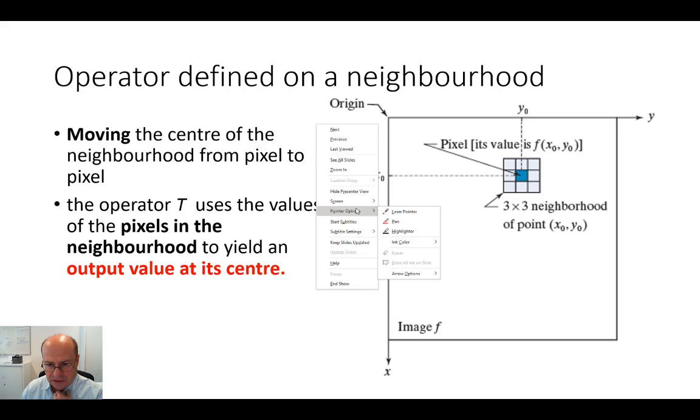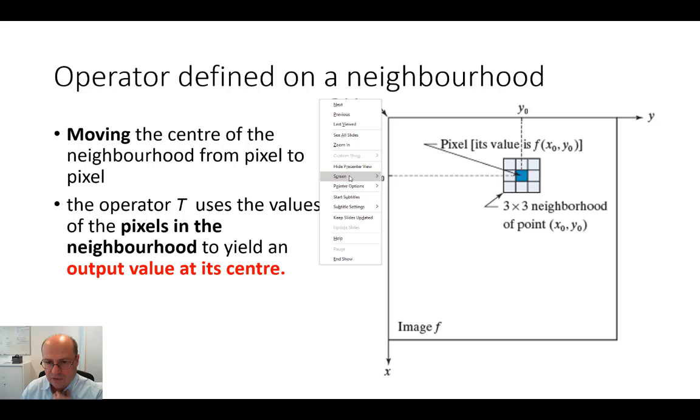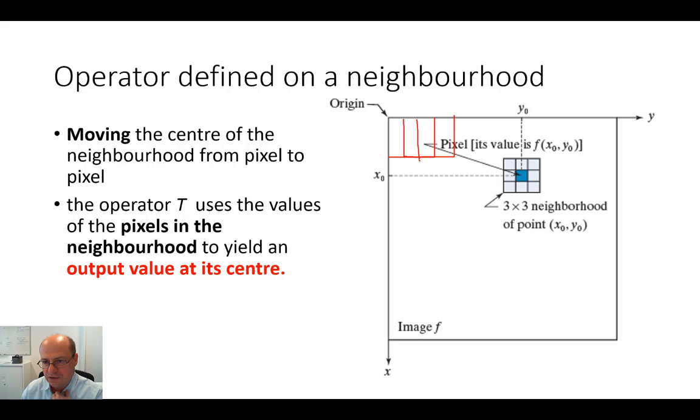throughout the image. Let me draw that again. Right, so this is a neighborhood that is moved along the image, and I apply some operation on the pixels around the center, and change the value of the center of the neighborhood given the result of this operation. So the operator T uses the values of the pixels in the neighborhood to yield an output value at